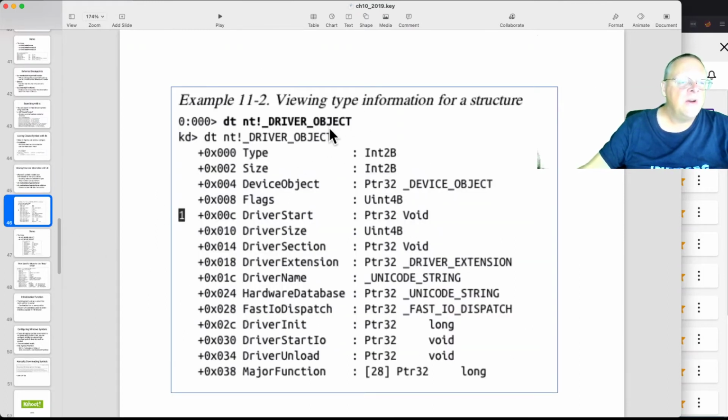So here is the structure of a driver object. This is just the C++ type data structure where you have something called type that is an integer, 2 bytes, you see it's 2 bytes here, then the size, then a device object, which is a pointer 32. Then you have down here a Unicode string for driver name and so on. This just tells you the names of the various attributes of this data structure and what type of data